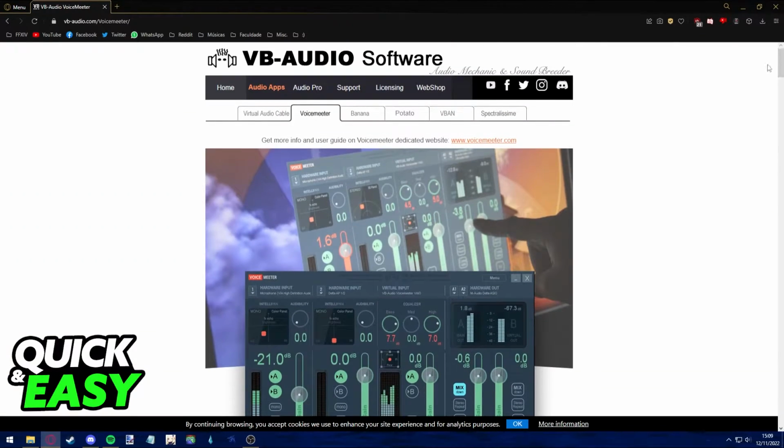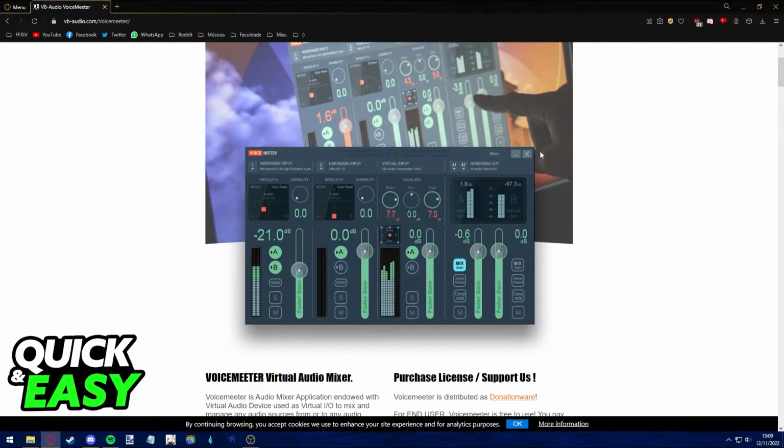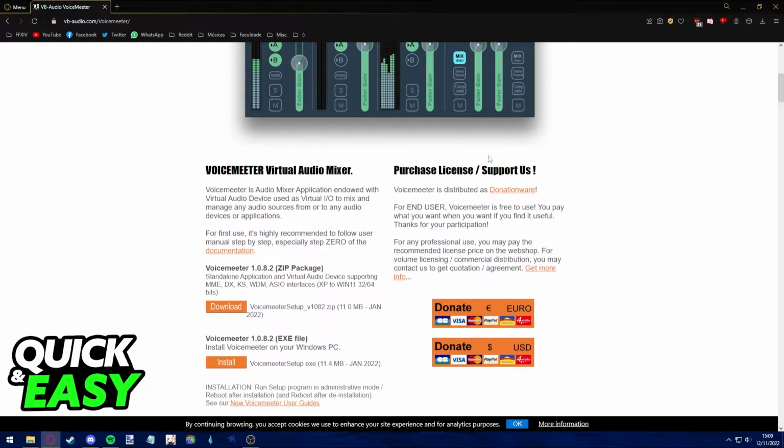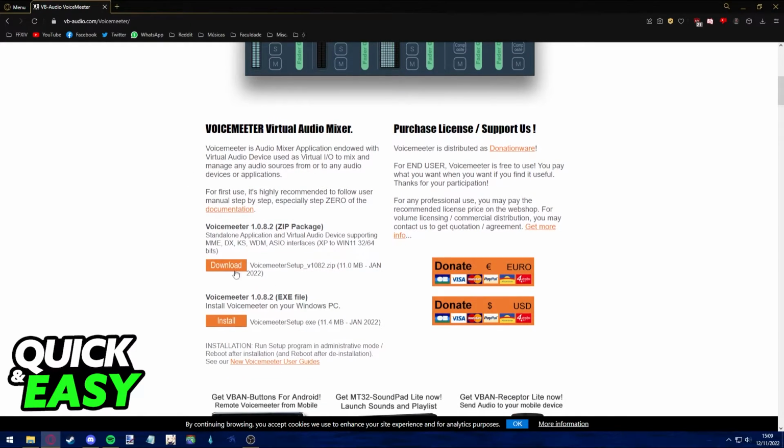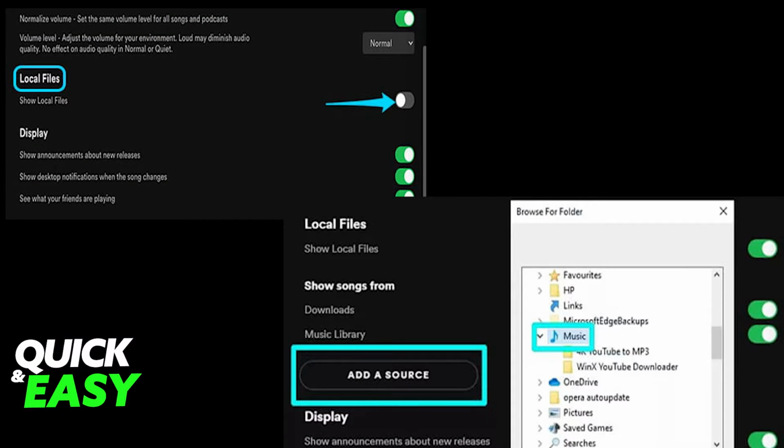The next step is to go into Google and search for Voicemeeter. This is the software we'll be using to play Spotify through our microphones. After you go to the website, scroll down until you see Voicemeeter Virtual Audio Mixer Download and click the orange Download or Installer button. After doing so, make sure to enable local files on the desktop Spotify app and add